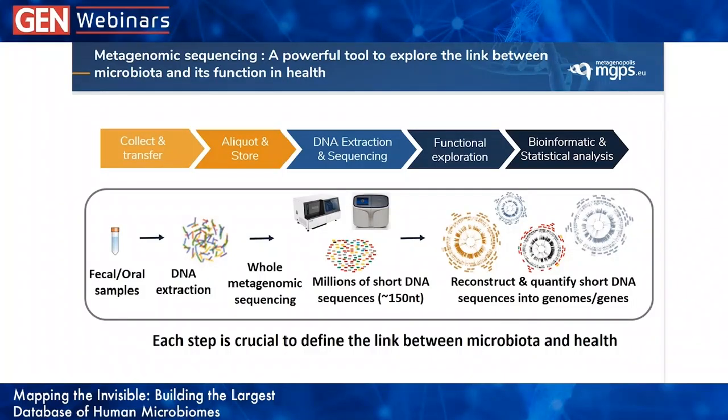So to analyze a specific microbiota sample, you can use the metagenomic sequencing technique. It's a powerful tool that allows you to explore the link between the microorganisms and a specific phenotype. And for performing an efficient metagenomic analysis,